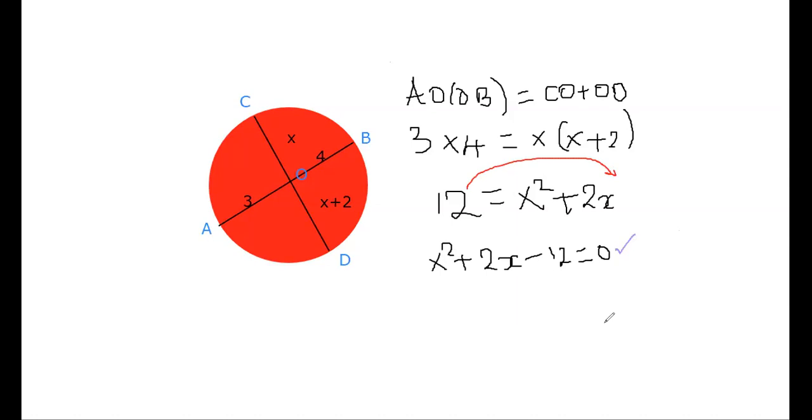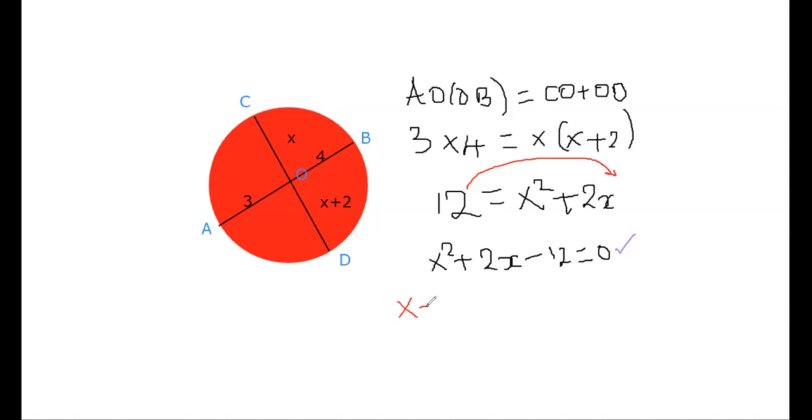We have formed a quadratic equation where A equals 1, B equals 2, and C equals negative 12. Now, the point reaches where you are supposed to decide which method you are going to use. Is there any number that you multiply to get negative 12, and when you add you get 2? Definitely, there is no such number. So we are going to use the quadratic formula,